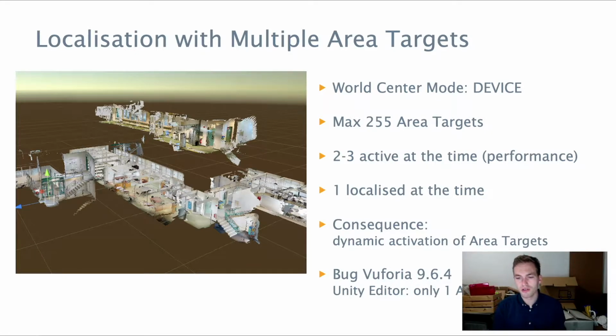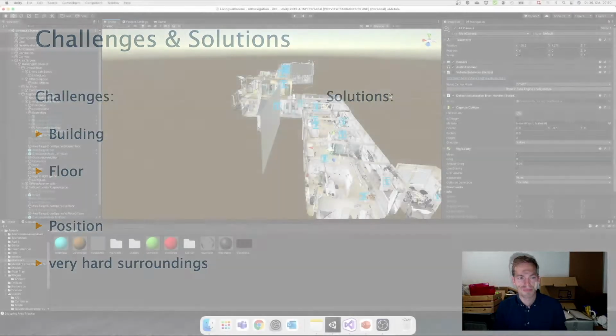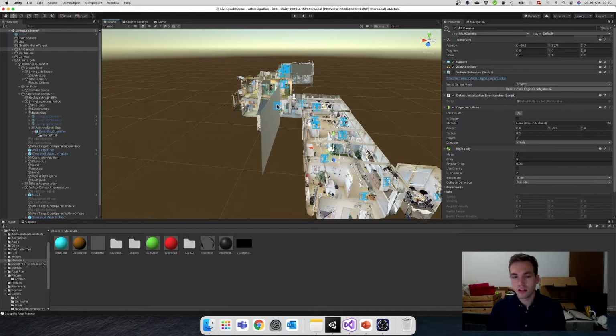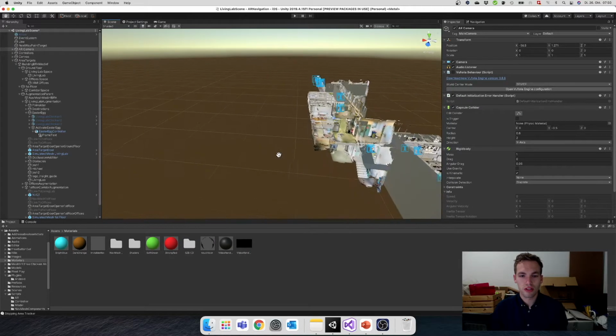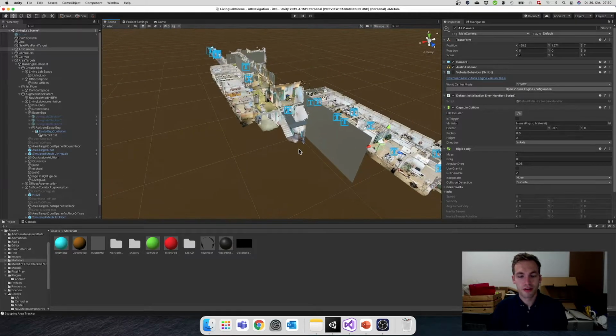There was a bug in Vuforia 9.64, which we are still running on because I fear breaking changes when updating. So I'll wait until the videos are done. In the editor, we were able only to use one area target at a time, because otherwise it would just crash. With the world center mode device, the area targets recognized at the position will be moved around in the scene. So to give you an example, if I